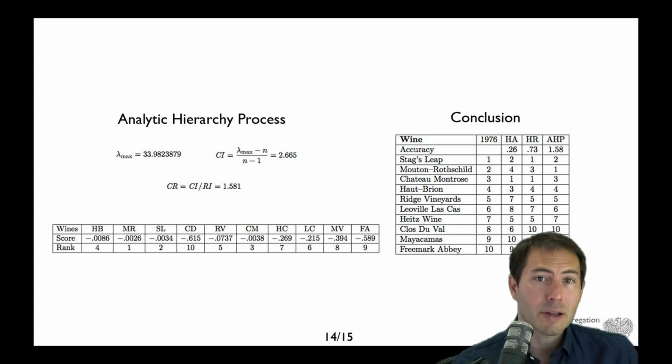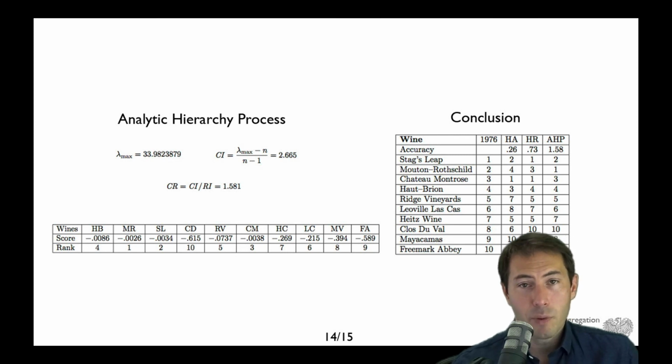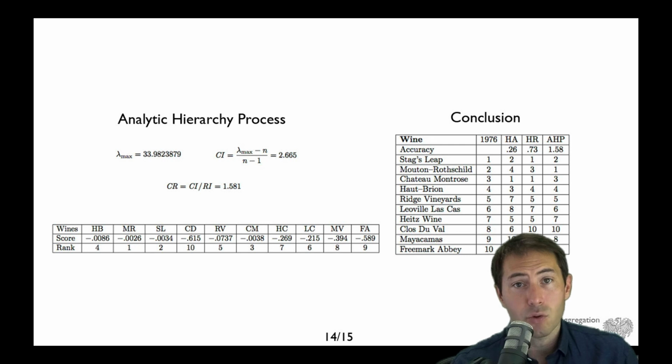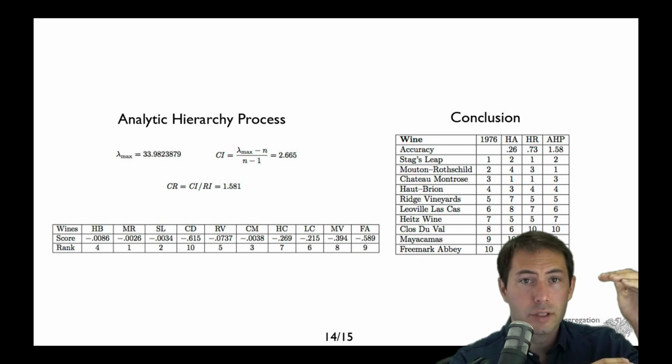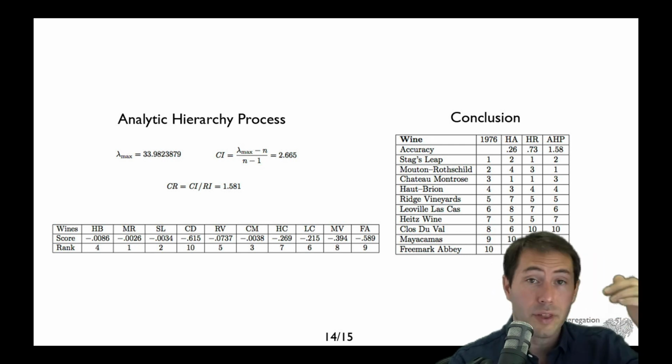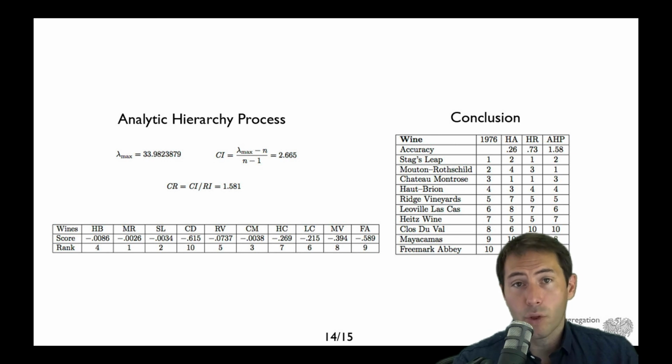And we haven't even talked about the idea of focusing different parts of ranking on different portions of the graph. Most of the time, places like Google, places like Facebook, they really are interested in giving you results just at the top of your search listings. They don't care about what the 10,000th or 100,000th entry is. They care what the 1 through 10 is, and they spend a lot of time trying to identify those optimal